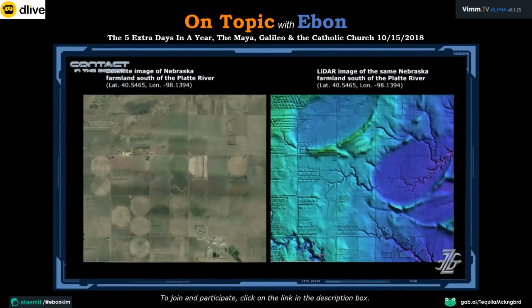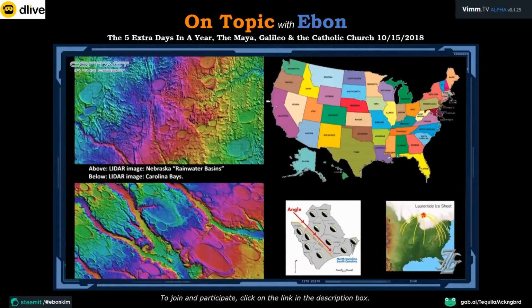And here's a satellite image of the Nebraska basins. That's what it looks like when you look at the countryside, but a LiDAR image will show you these huge elliptical depressions in Nebraska. And this is the explanation that Zamora is putting forward, that an impact in the Great Lakes, specifically on Saginaw